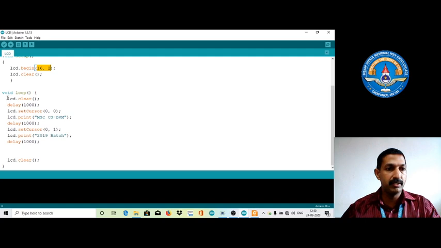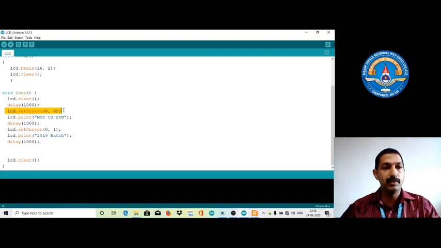After that we have one more loop. Each and every time it should clear. After 1 second it should display something. That means it should print MSc CS BVM. Actually, we are in BVM, Holy Cross. We are printing MSc Computer Science BVM. Before that, we are doing one more thing, that is lcd.setCursor(0, 0). It means we need to point our LCD to the first position of the screen.